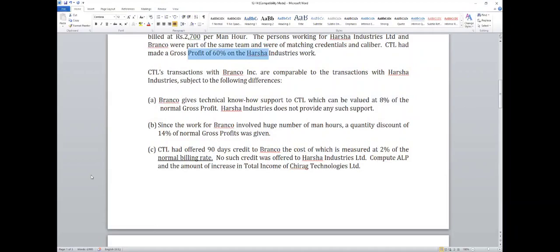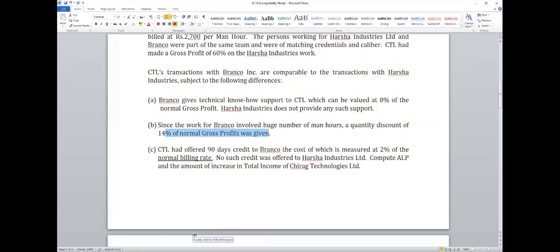4.8 minus பண்ணா it balance is 55.2. The 55.2 is what? 55.2 is your adjusted GP வருது. But still there's one more. Since the work of Branco involved huge number of man-hours, அதே adjustment a quantity discount of 14% of normal GP